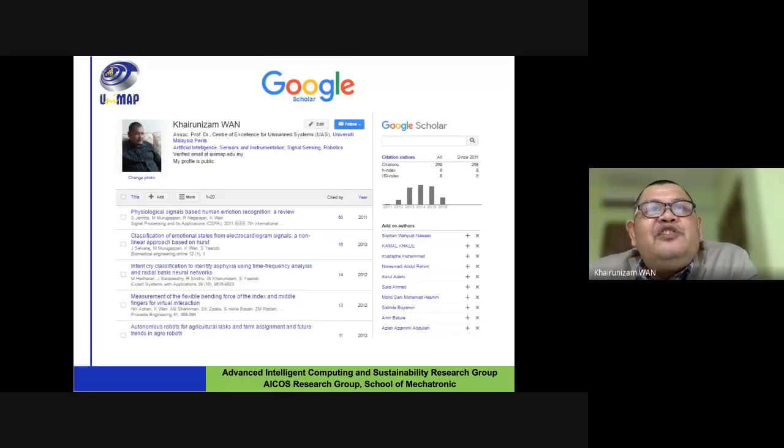And then Google Scholar also. By using Google Scholar, we can know the citations. Citation is how many people refer to your articles, how many researchers refer to your article. By using Google Scholar, we can also know, in your department or your batch, what the highest citation is, who has the highest citation, and what your citation number is, so that we can know where we are now compared with the highest citation number.